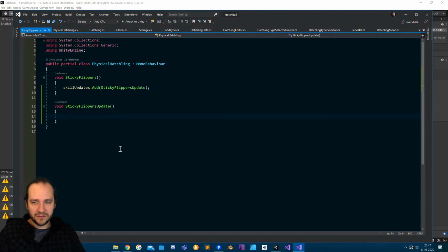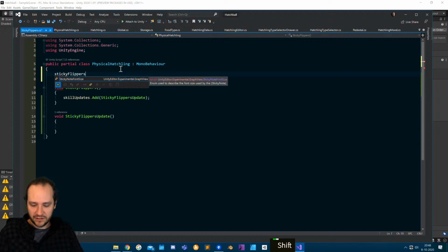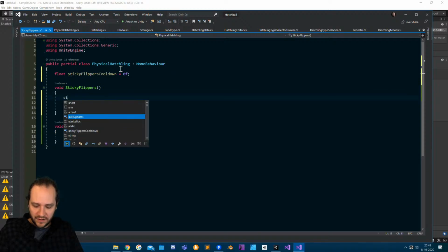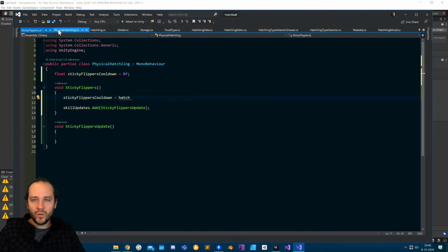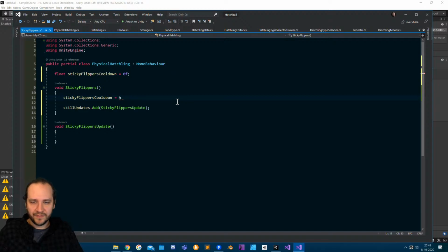Sticky flippers. I'll add a cooldown. Sticky flippers cooldown. And it should be the cooldown that it needs. So that's depending on the physical hatchling. I've only got the type. Yes, I'm actually not sure how to do that yet. I'm gonna do that, but let's just for now keep it at a solid, whatever, 10 seconds or something. Make hatchling dependent, and then